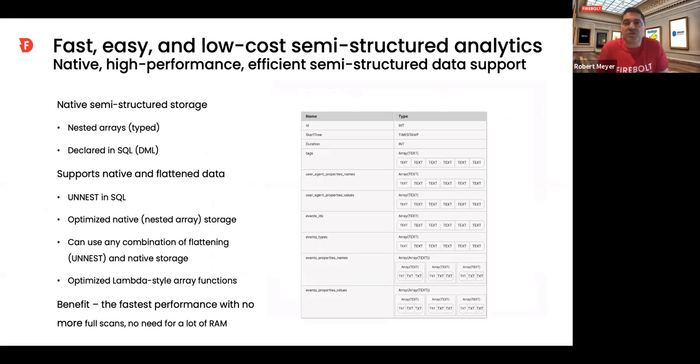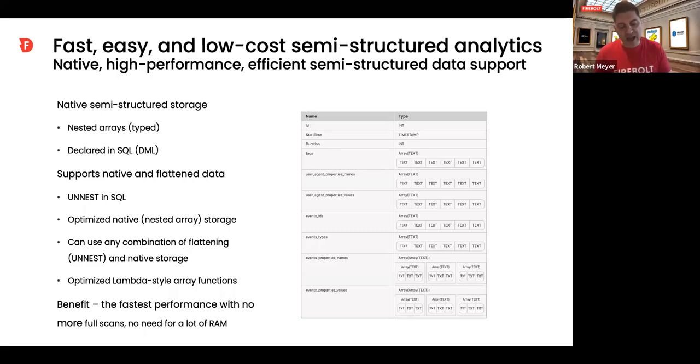There's also semi-structured data. If you're not dealing with semi-structured data, you probably will. Because customer data, device data, application data, a lot of the logs that are coming out are starting to all be JSON, for example, or some semi-structured format. The problem is that you have some data warehouses like Redshift. Redshift requires you basically to load everything into tables, traditional warehouse format. You have to flatten it all.